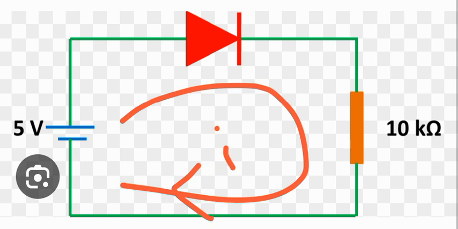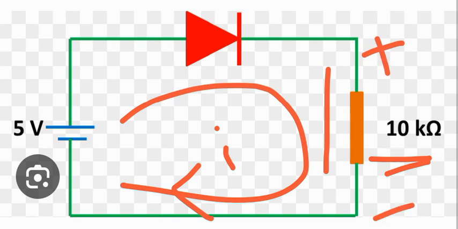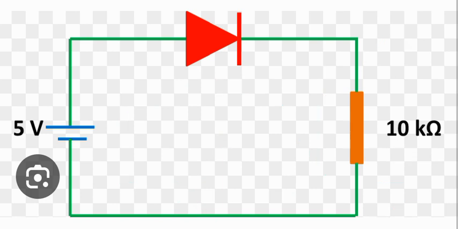Now 0.43 milliampere current flows through the circuit. That current is nothing but the current through the resistor. Therefore, if you want to know the output voltage across the resistor, it is simply the current value multiplied by the resistor value. That is Ohm's law, V equals IR. So you can say that it is 4.3 volt, which matches with the calculation if we apply the KVL